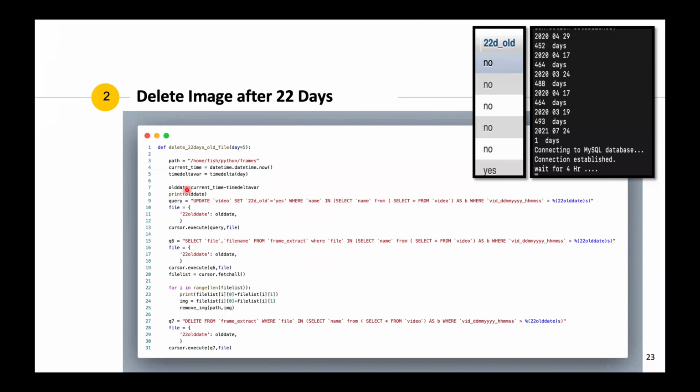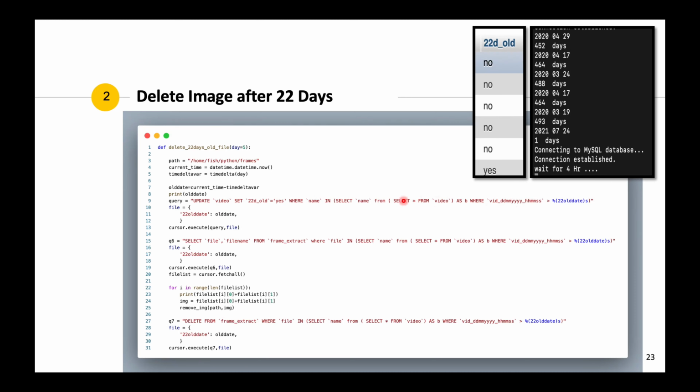Yes, so this is the delete image after 22 days. What if the video file is 22 days old? Whenever we run our starting Python script, it will check whether it is a 22-day-old video or not. It will be compared with our current date.